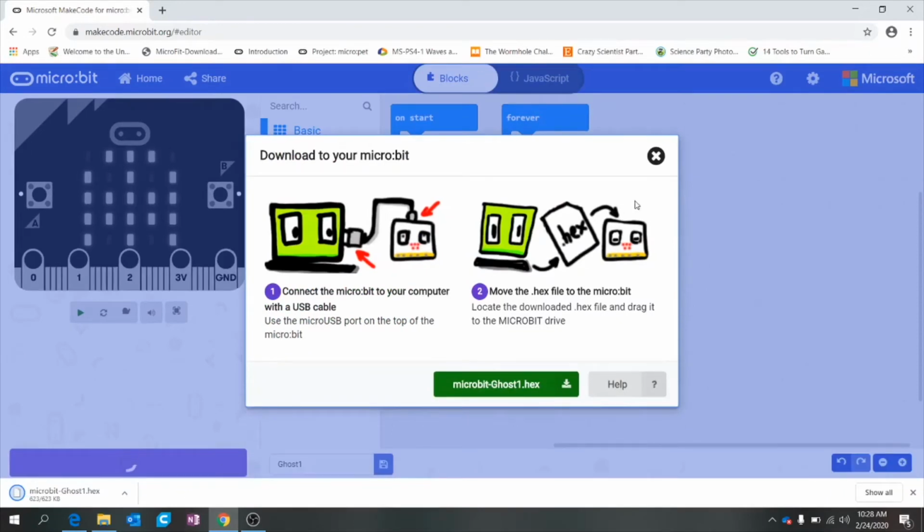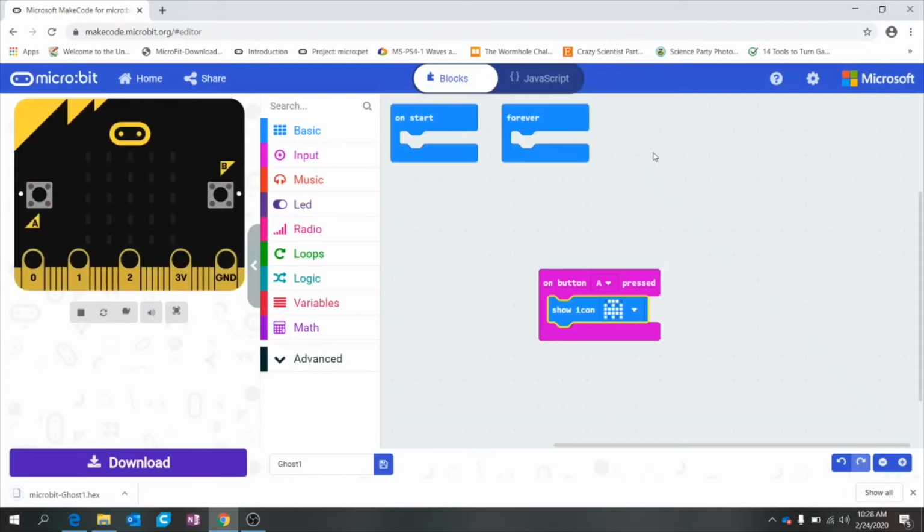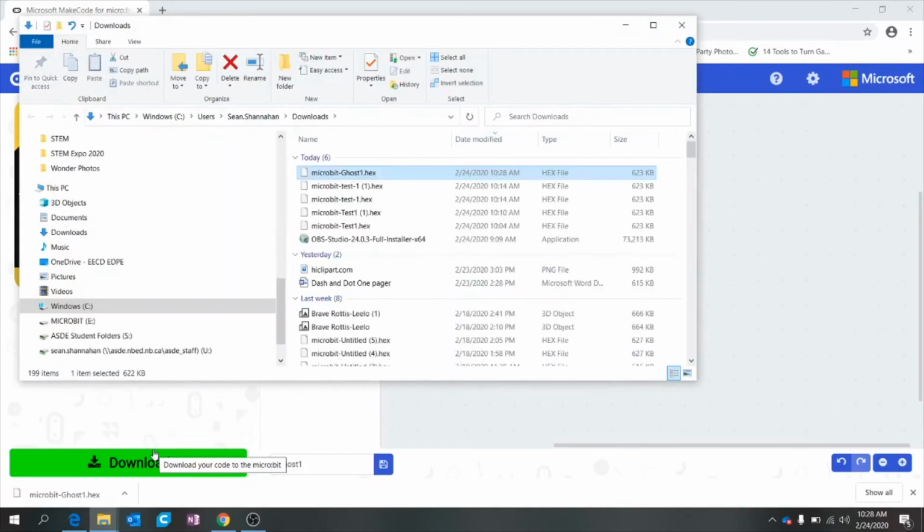Now, depending on how you have your computer set up, you may not know where this downloaded file has gone. So if you click on this arrow and click show in folder, you now know where that file is. It's right here. So microbit ghost 1, that's what I called it. And the type of file is called a hex file. And if you look in the File Explorer on the side here, you can see that the drive here is